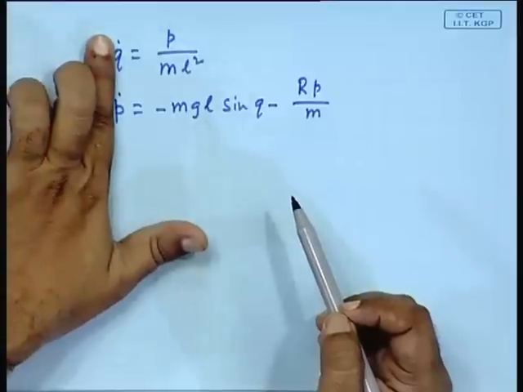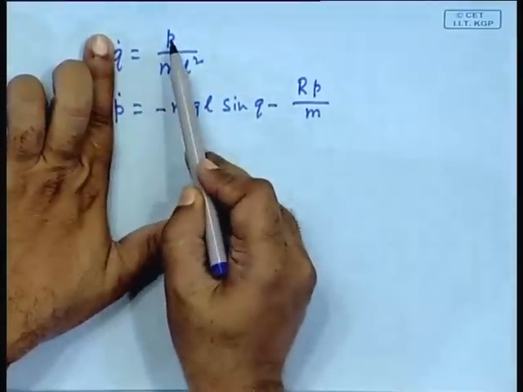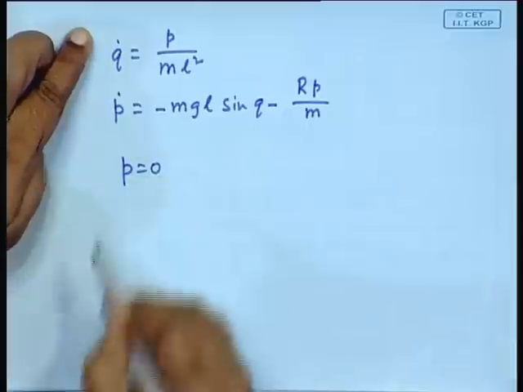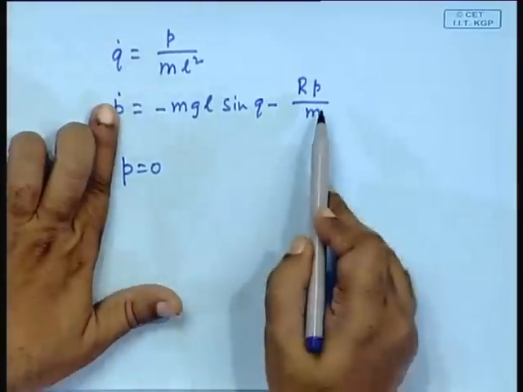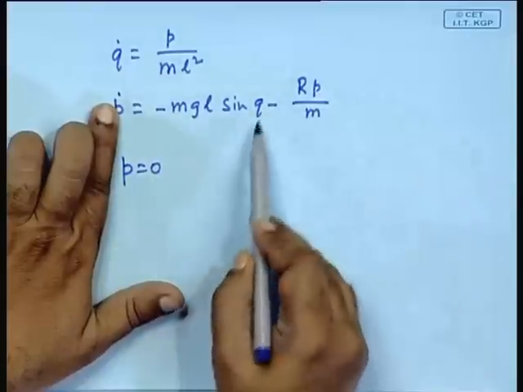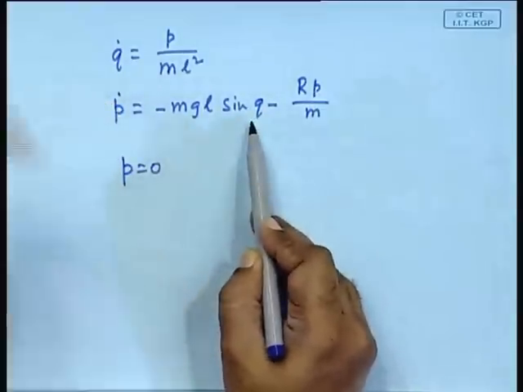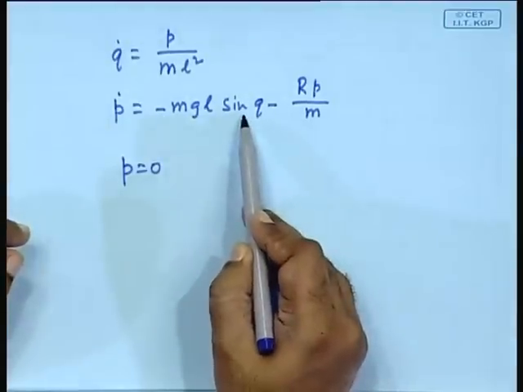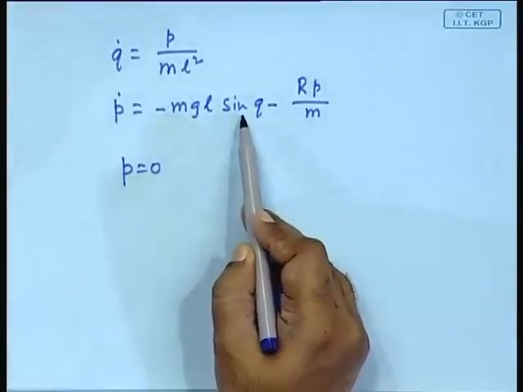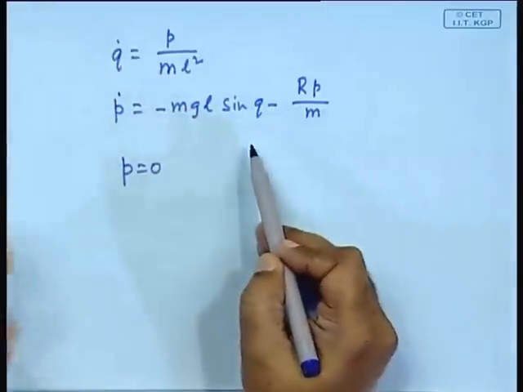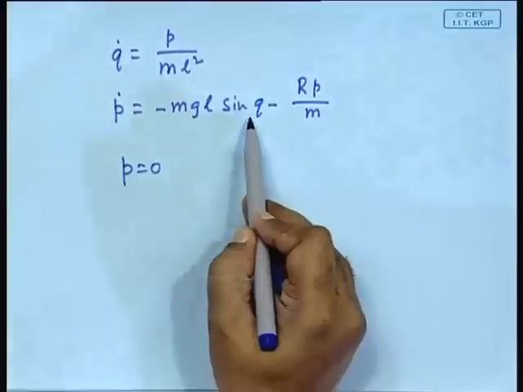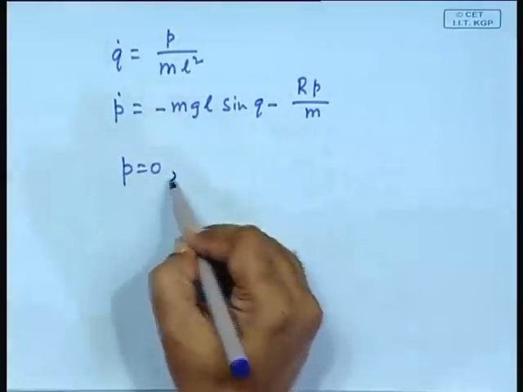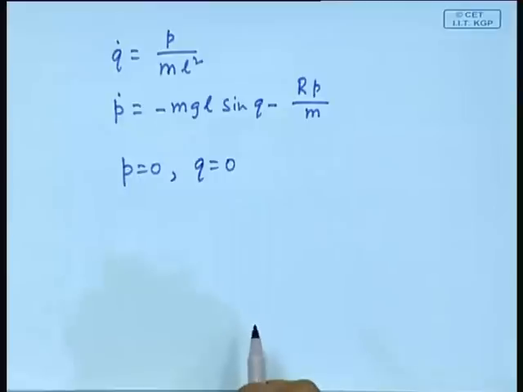That is obtained if you set the left hand side to 0. Q dot, p dot is 0. Q dot is 0 immediately means p is equal to 0, and p dot is 0 immediately implies, this p was 0, so this whole thing should be 0, and you can easily see there are many solutions of it, because sin q being 0 will happen at 0, 180 degree, 360 degree and all that. So, there will be many equilibria. We will come to that later, but at least q is 0 is one equilibrium. So, p is equal to 0, q is equal to 0 is another equilibrium point.